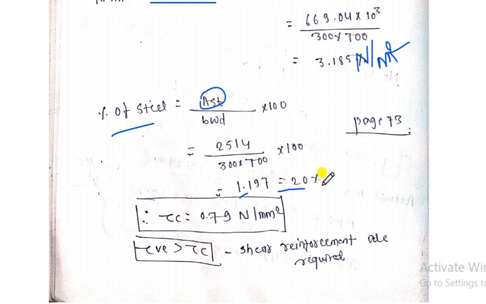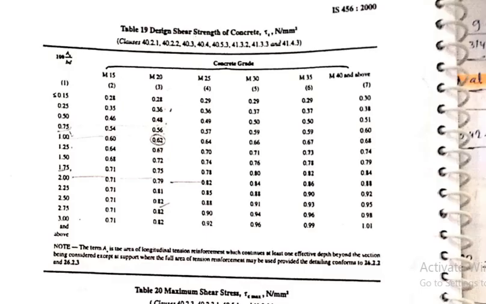So we have to check the vertical table on page number 73 for 2% of steel, to find the tau c value. So let's move to page number 73 of the IS codebook. Yes, as you can see here, my dear friends, for 2%, for M20, the value is 0.79. If the exact value does not match these, then we have to go through the interpolation method,